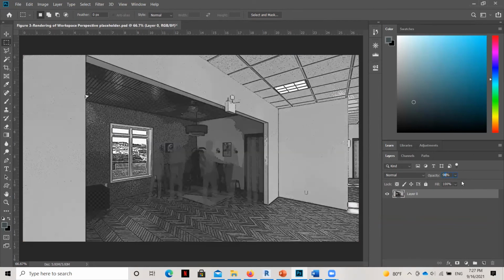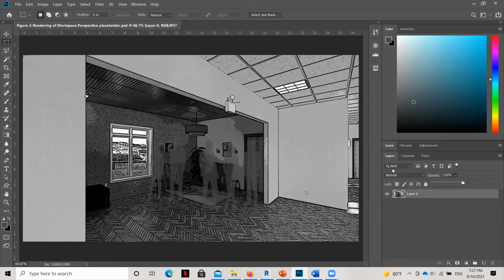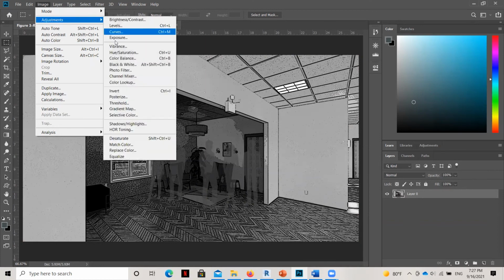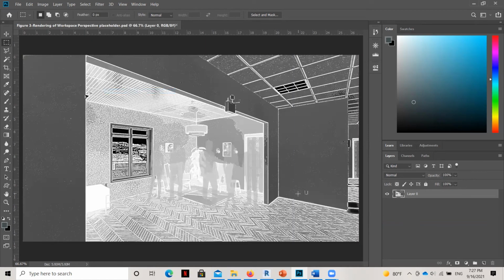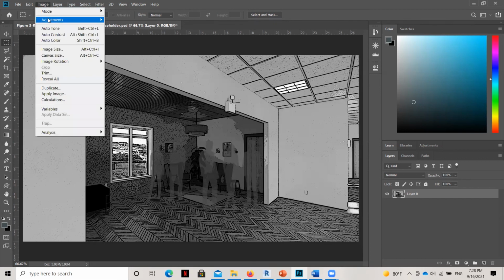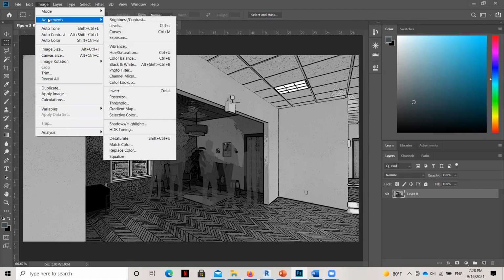Okay, we can also create something really unique if we want to, use it as a background and not have an image that's really at all realistic, but it's just kind of cool to look at. Going again down to adjustments and invert. And when you invert now, black becomes white, white becomes black, and then all the grayscale tones flip. And so those are just a few unique ways of thinking about images in Photoshop that you can make by adding filters and adjusting some of the image properties here by using this drop-down folder.